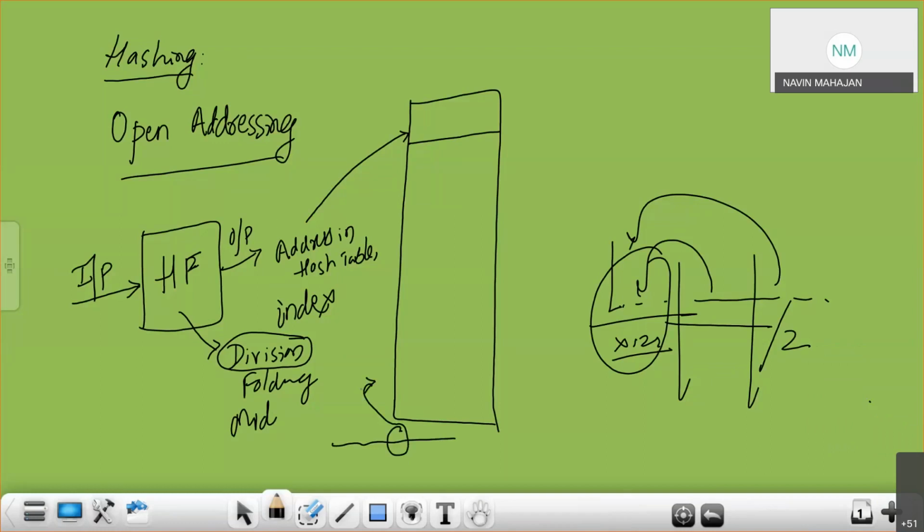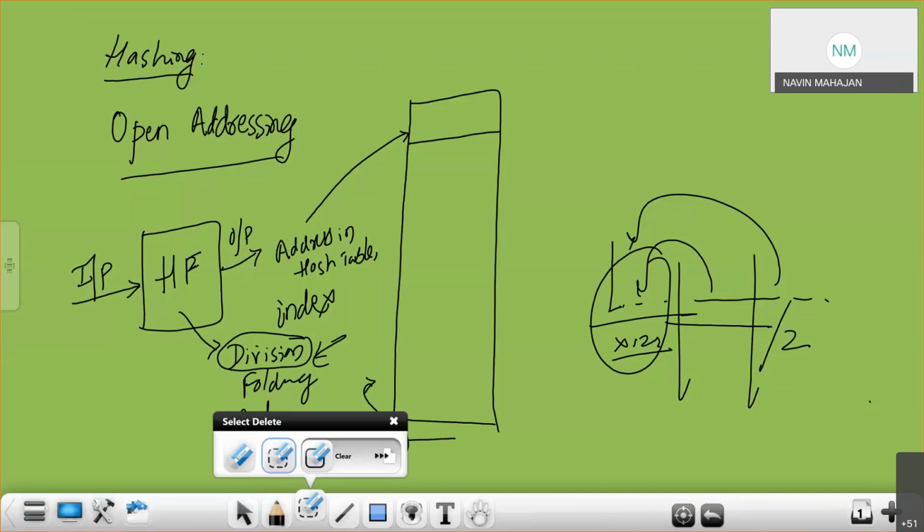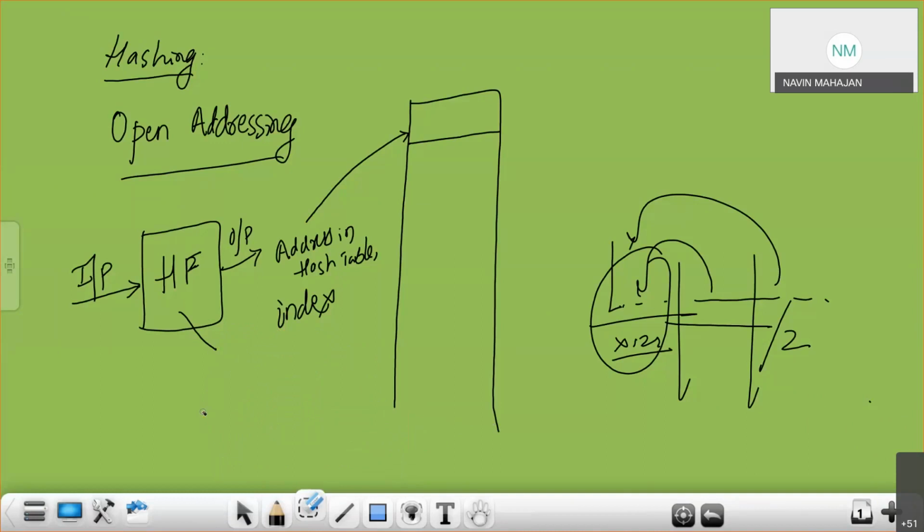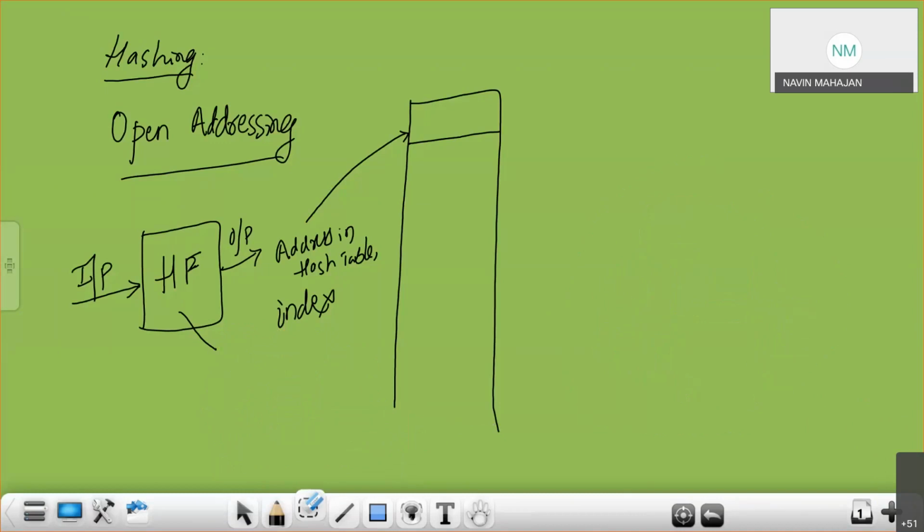We'll take the simple example, which is the division method. Now when the division method is applied, every hash table has a size m.